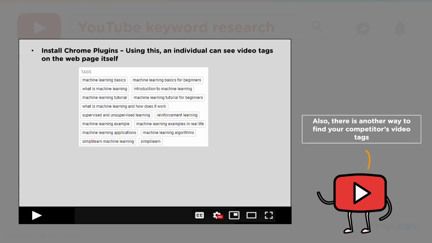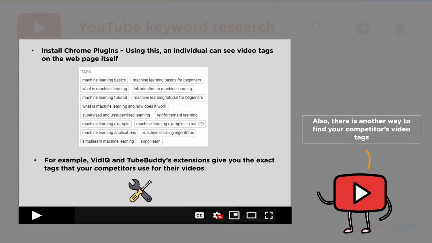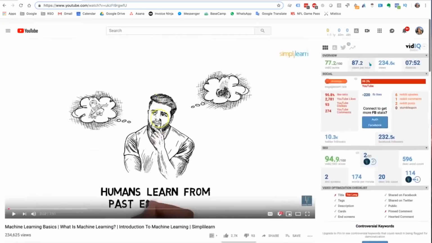You can install plugins, and there are plenty of plugins available on the Chrome browser that will help you see the video tags associated with a particular video. A couple of examples are vidIQ and TubeBuddy. Those are extensions that work in Chrome, and what they do is they give you the exact tags that a particular video is using. So for example, if I go back here and I look at a video on YouTube,